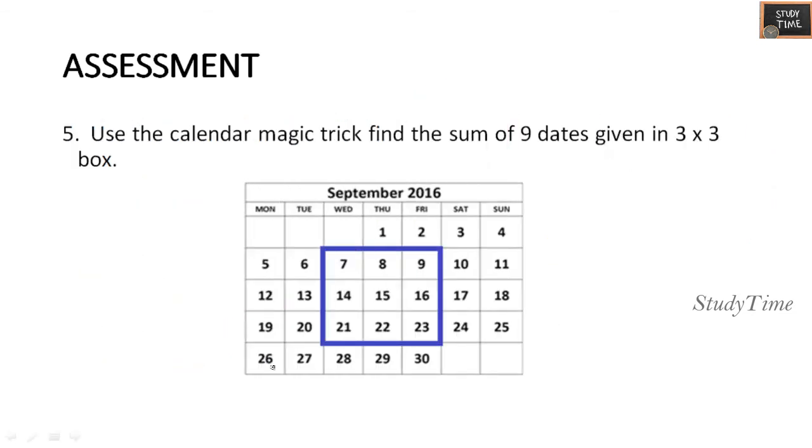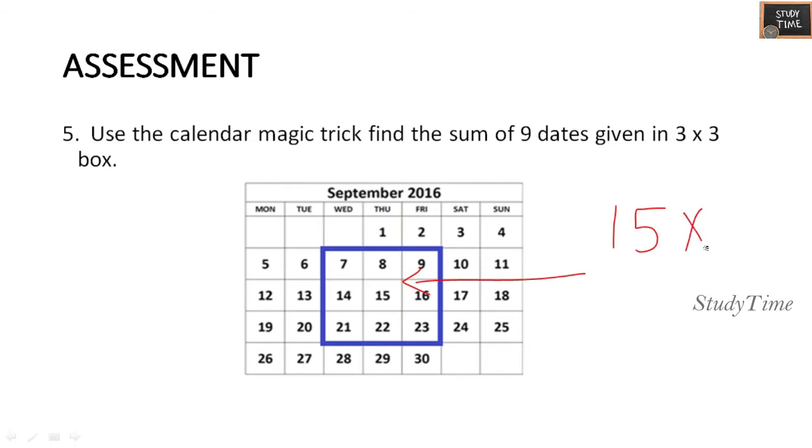Next, use the calendar magic trick to find the sum of the 9 dates given in the 3 cross 3 box. So you have to find the sum of the 9 dates given here. So this is the grid. What you can do is take the center number. The center number here is 15.